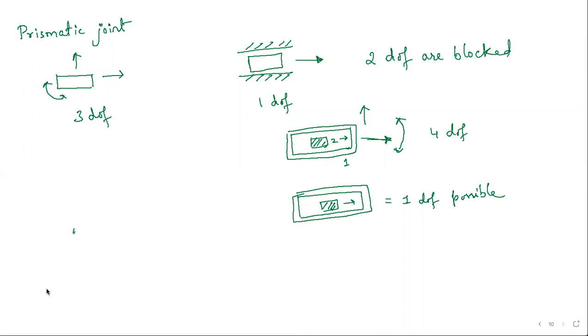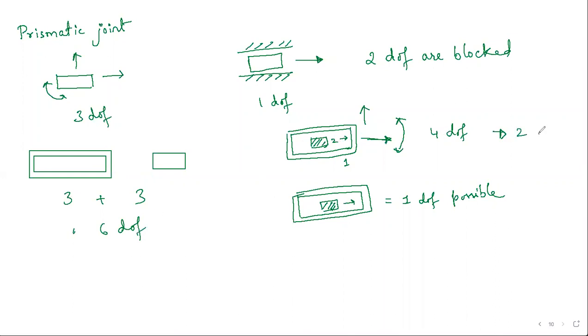Clearly we'll see. Yes. So see, this is the slotted link. So this has 3 degrees of freedom. Slider also has 3 degrees of freedom. So I'll write down, 3 plus 3 is 6 DOF. Later on, after you connected them both, it got 2 degrees of freedom. So here also you see 4 degrees of freedom. 2 degrees of freedom are blocked, right? And now if you have fixed one, so this is called relative degrees of freedom is 1.